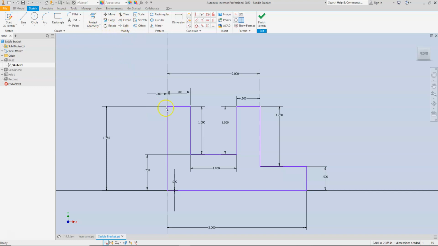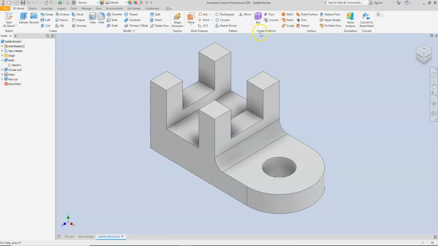So let's move on to the fillet command. We're going to put a fillet right here. We're going to modify our existing sketch. If you go up at the top on your create toolbar, we're looking for the fillet button right there, and you need to make sure that the 0.25 is going to be the radius, and you're going to pick the two lines that are coming together in order to make that fillet. So we're going to change and go from a 90-degree angle into a radius. So we're going to change that, select those two lines, hit finish sketch, and then you should have a fillet form right there on your